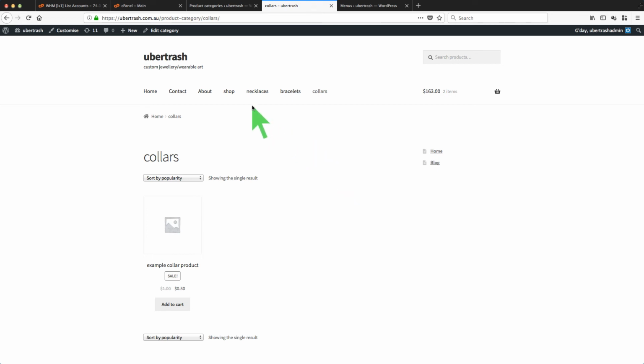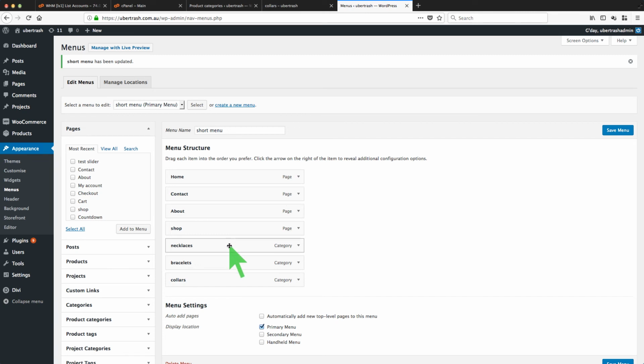Okay, so what we're going to do now is move these menu items to appear vertically underneath shop, because logically that kind of makes sense. Another way of doing this, if we had a lot of categories, is that we might make a list over here on the right hand side so that it's easy for someone to navigate around this site. But that's outside the scope of this very simple tutorial video, so let's just tidy this up by putting these links underneath shop. So going back to the menu tool here,